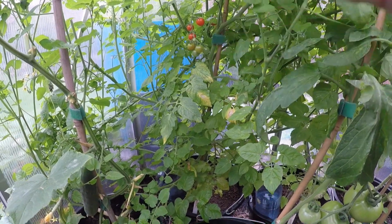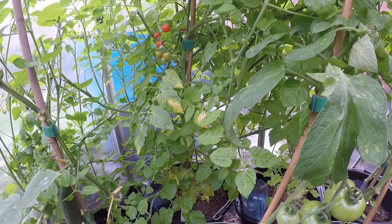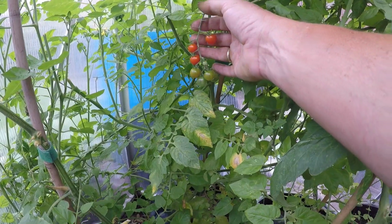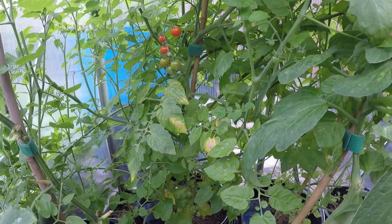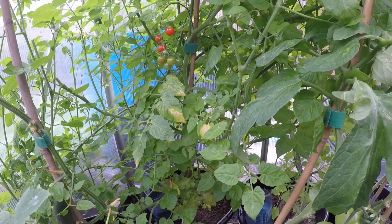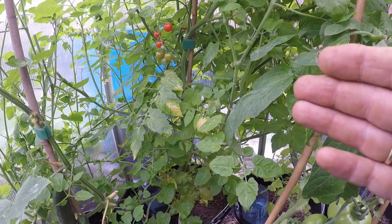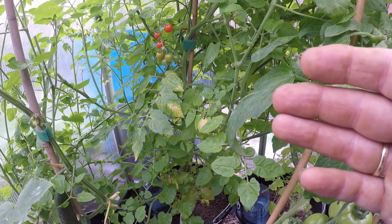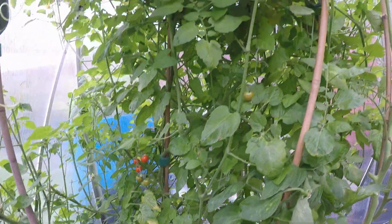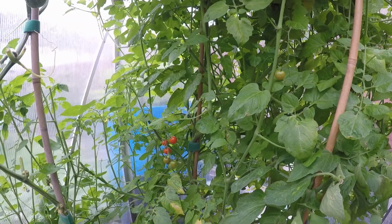I did an experiment this year with some currant sized tomatoes. Well, these are some of the red currant, and then there was a yellow currant. They were a very bushy plant, and I've got to be honest, I'm not one for growing bush type tomatoes. It's all gone overgrown a bit, I think,